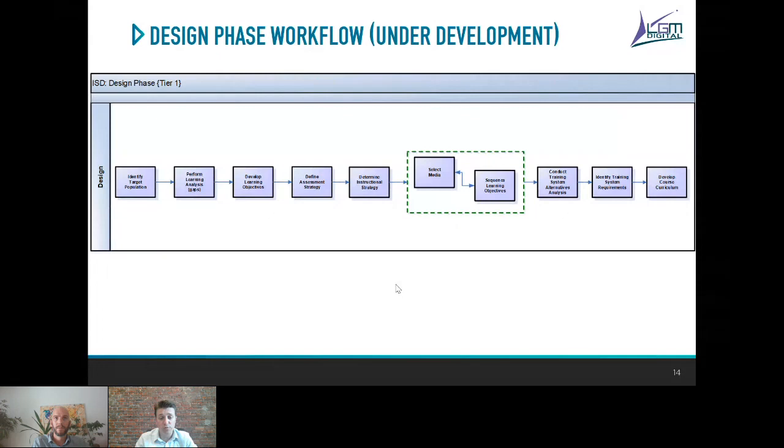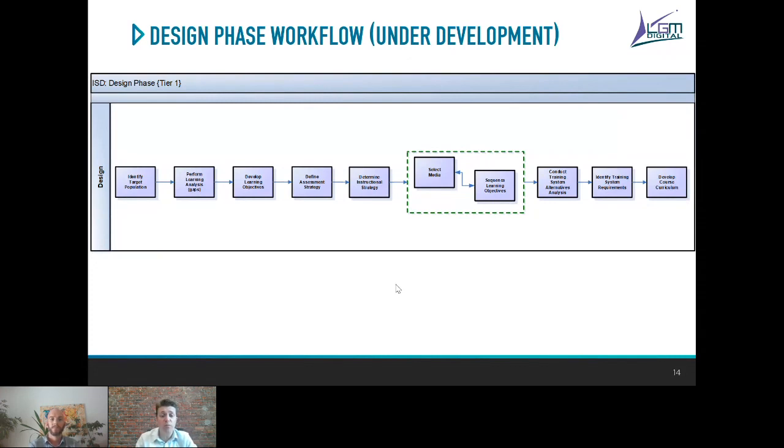Coming out of those steps, we have the development of the learning objectives. So with the methodology we have applied, we have justified learning objectives coming from the task, and we know that they are adapted to the learner's population. Once we have the learning objectives, we will develop the assessment strategy. So how we will test that the learning objectives are reached, or we know that the knowledge is acquired.